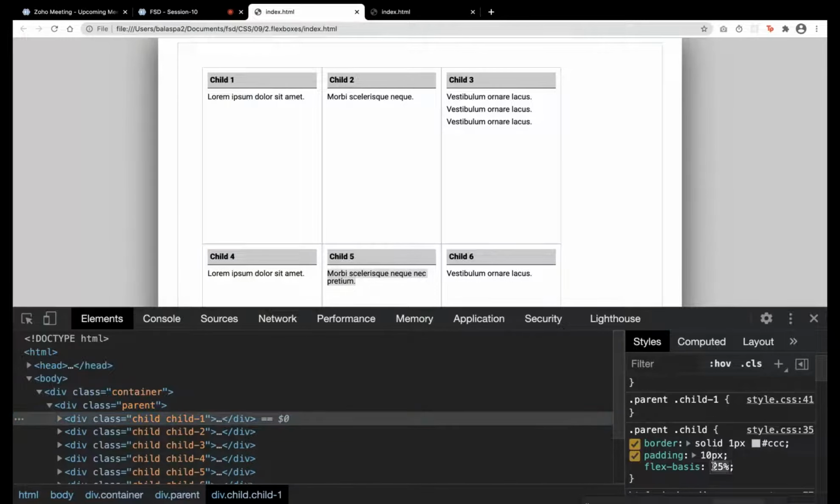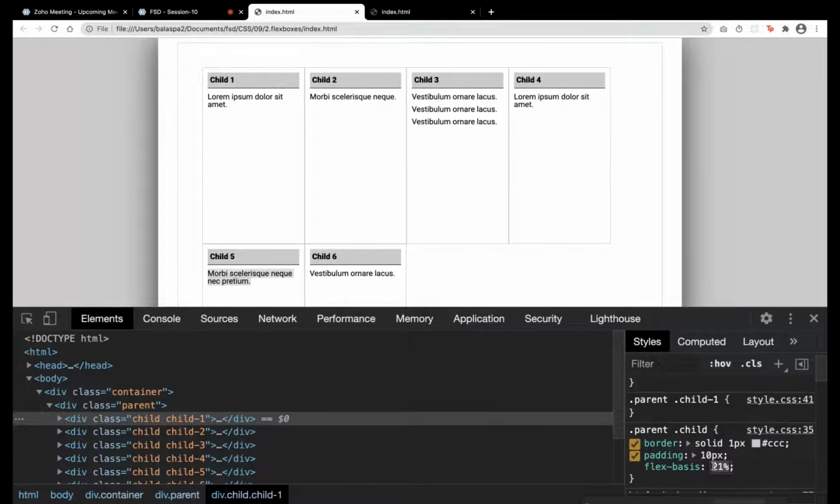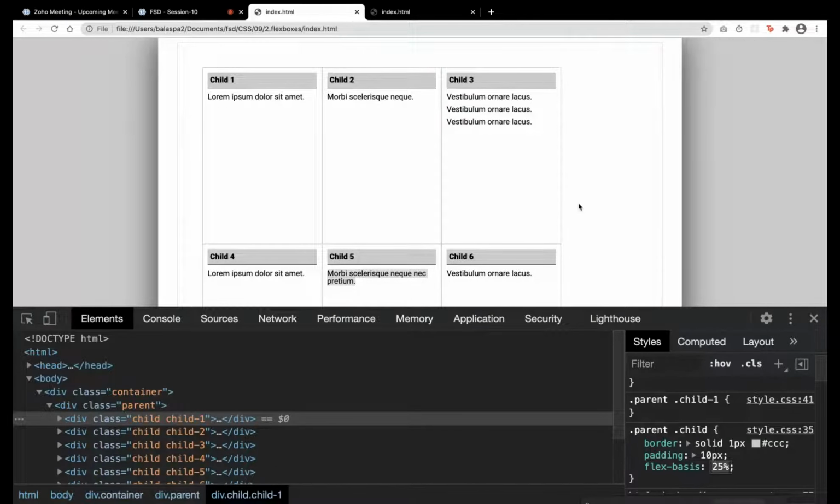I can say 40%, 30%, I can give 20%. It will look like this. With 25% width, it will look like this. So based on our need, we can make it.